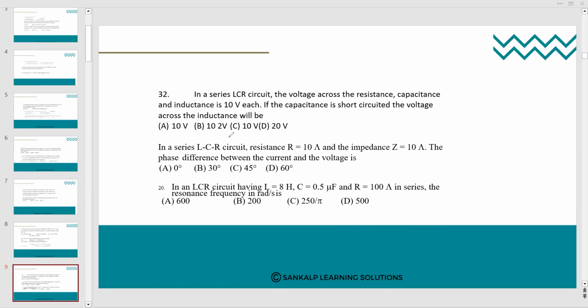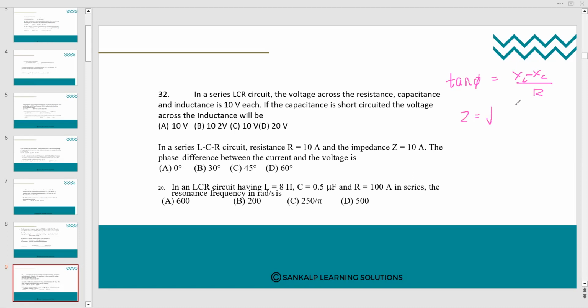So you have a LCR circuit whose resistance is given as 10 ohm and impedance is given as 10 ohm. The phase difference you need to calculate, that is nothing but tan phi you need to calculate. So tan phi is equal to, it is XL minus XC divided by R. Okay, so let us calculate what is XL minus XC. So XL minus XC, how we are going to calculate? That is nothing but